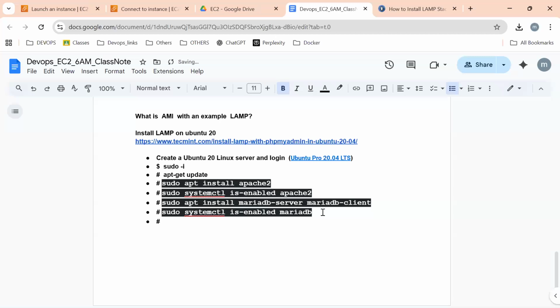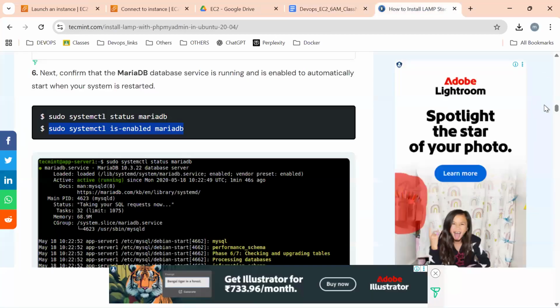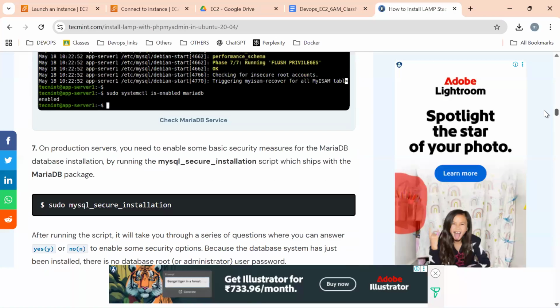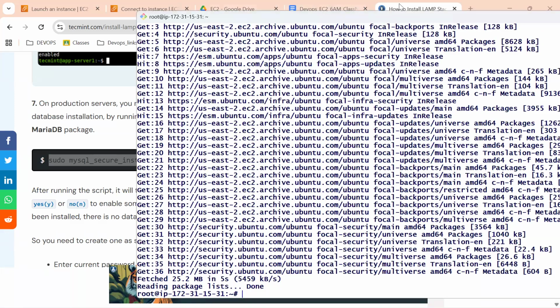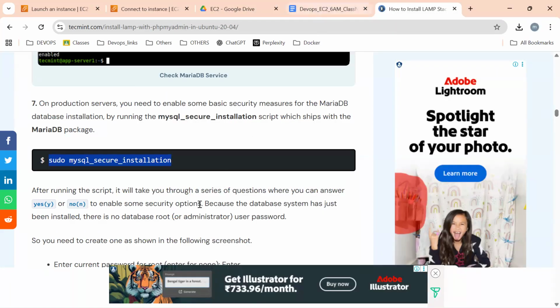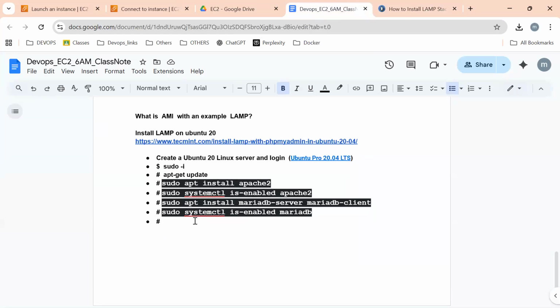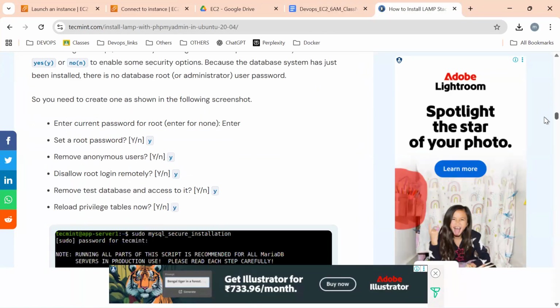So once MariaDB client is successfully installed and enabled, we are going to install MySQL secure installation. So client is different, MySQL server is different. In database, you know very well, people know about that. Okay, so we are installing MySQL secure installation. Whenever you execute this command, automatically it is going to ask yes or no questions.